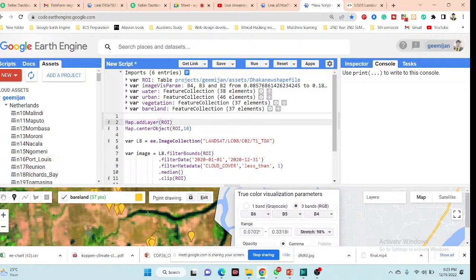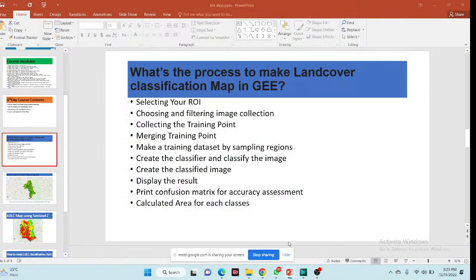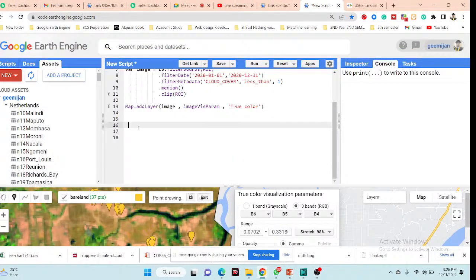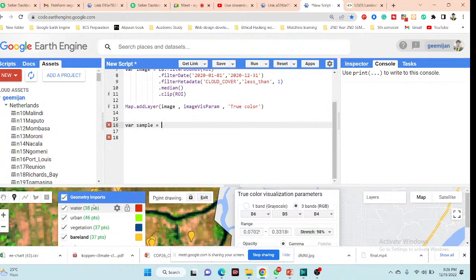So this time I take the training points for the satellite images, and my fourth step is that I need to merge all of the training points together. Okay, so you can see my fourth step is to merge the training points, all of the training points I need to merge. It's very easy. I simply take a variable here. Suppose I take the variable sample, and then I call water, plus water merge with urban, merge with